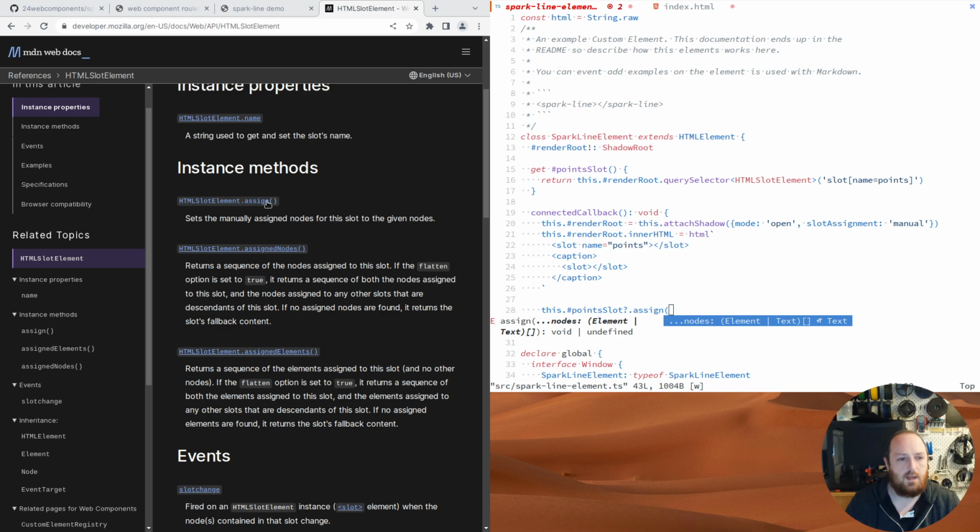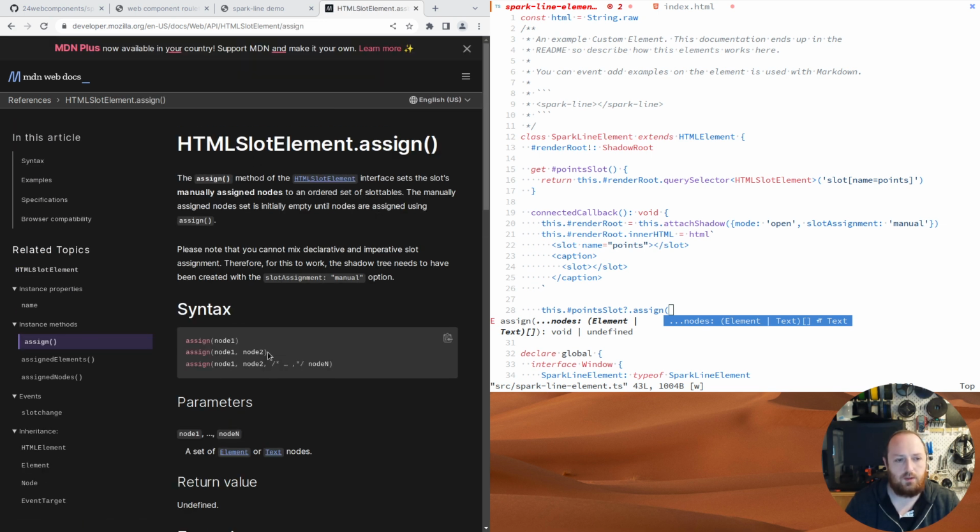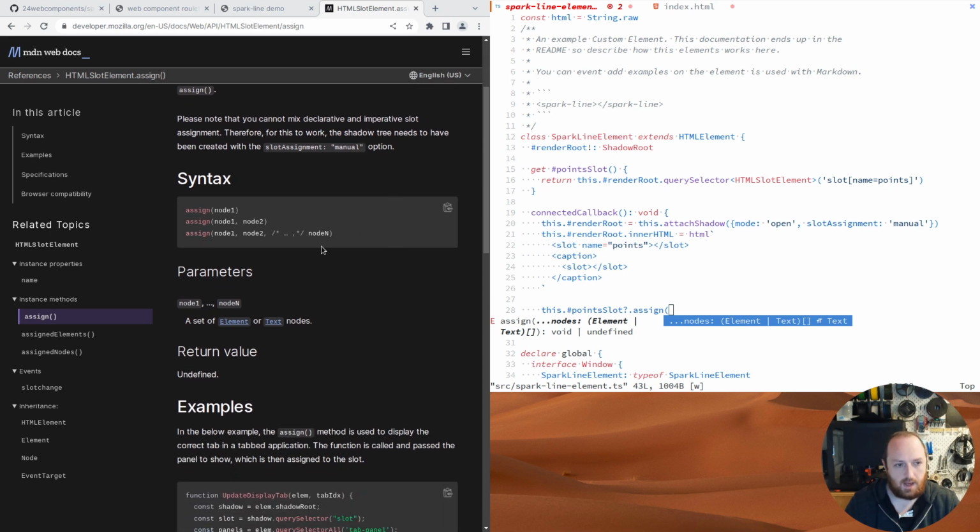So it has a name, it has this assign method, and with this assign method, what you can do is you have the slot, you can just pass in an arbitrary list of nodes, and this will only work when slot assignment is manual. And it will do the equivalent of what the automatic slot assignment does, where it will just put the nodes in a reflected way. So if we said